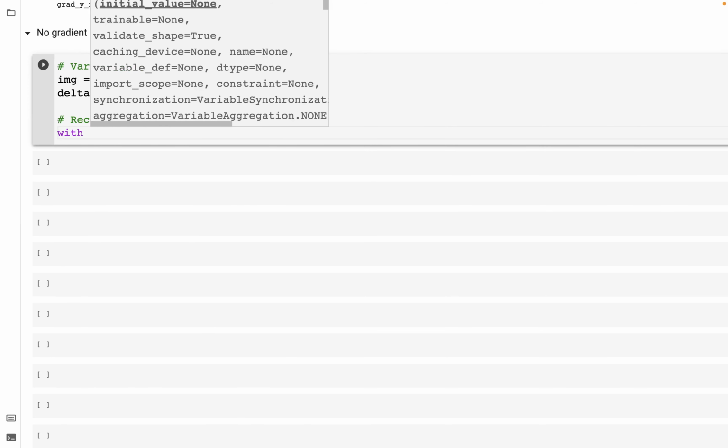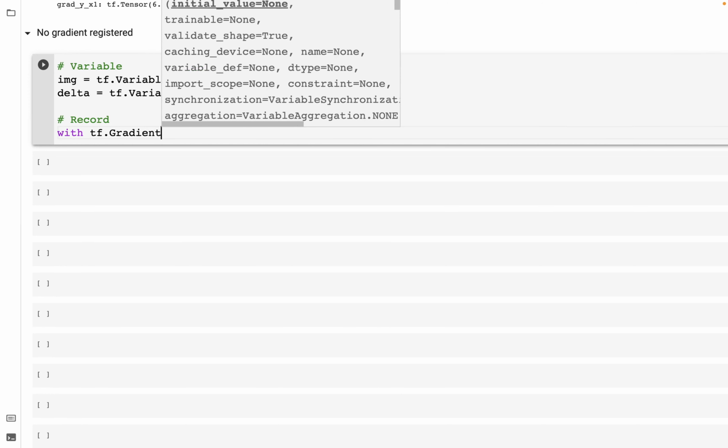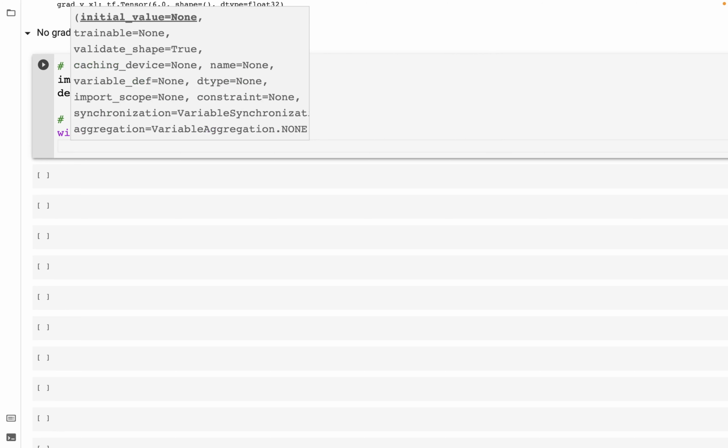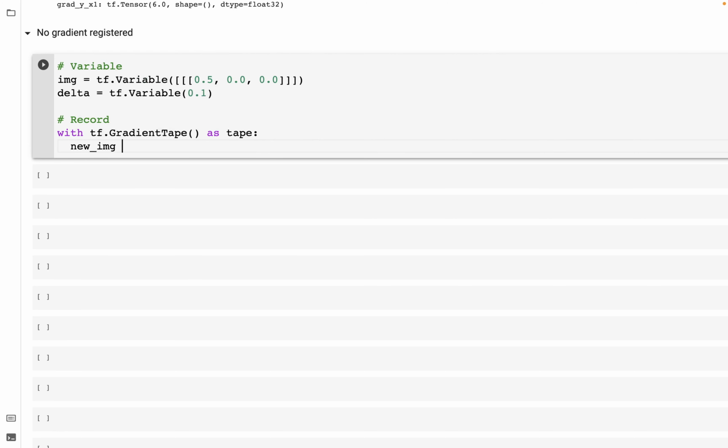So with tf.GradientTape as tape, new_img is equal to tf.image.adjust_contrast